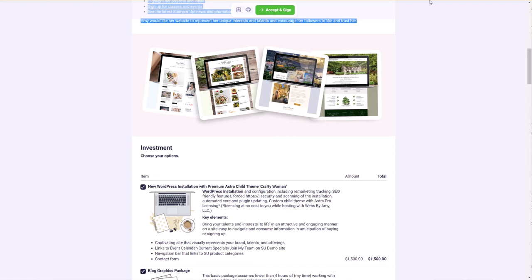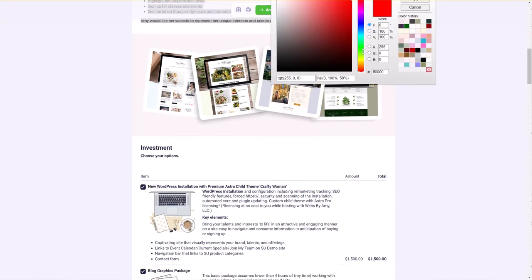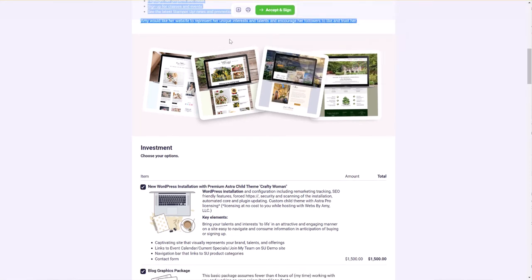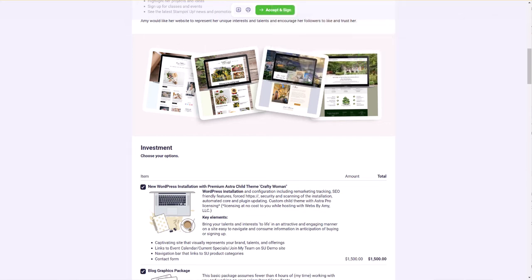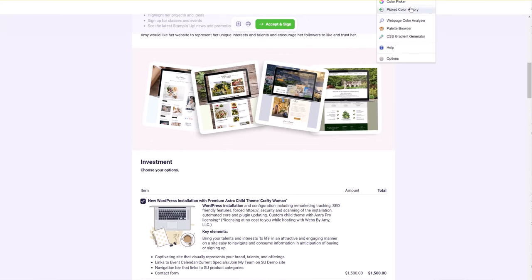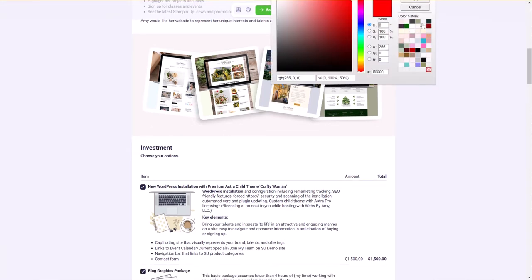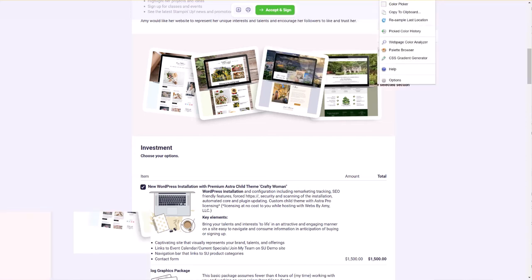Just a very pale color here, color picker. Okay, it wasn't really this color, but